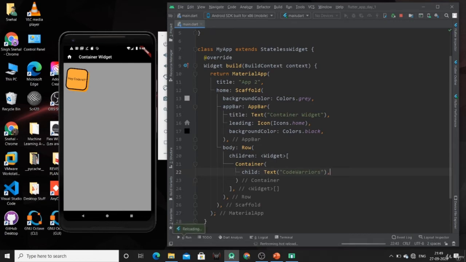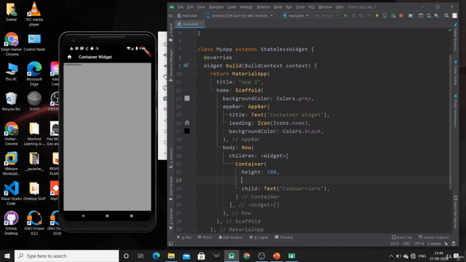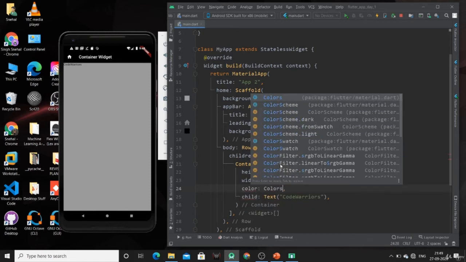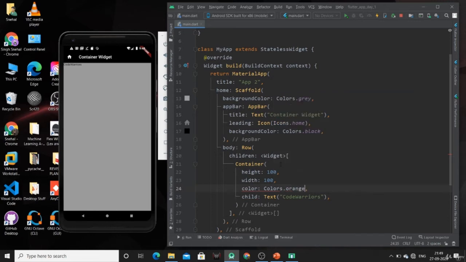Now just hit Ctrl S. As we haven't specified the height and width of this container, we will have the default height and width of the child widget, and just let me specify the color also. So this is the first child of our row widget.